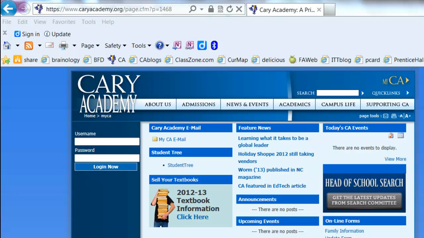This is an overview for SharePoint. SharePoint is a web-based file management system created by Microsoft. So we're going to type in